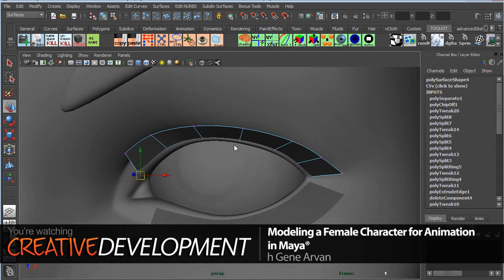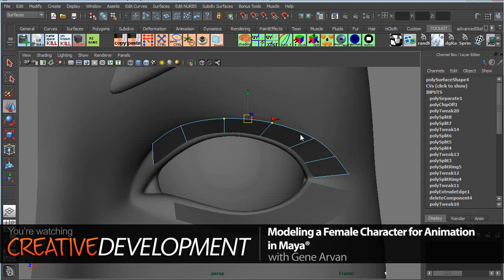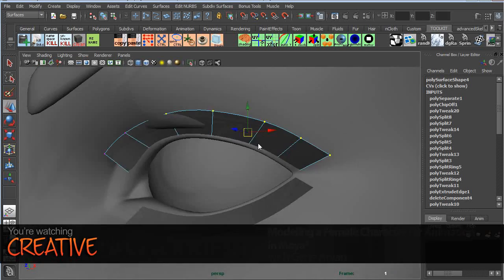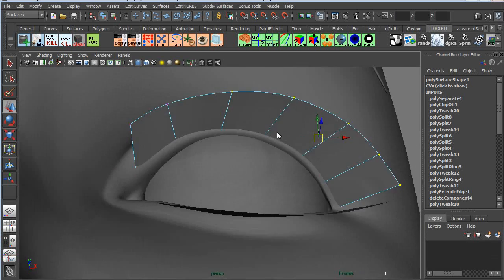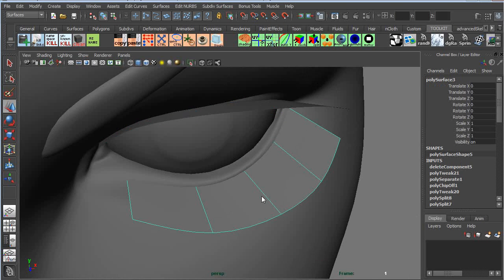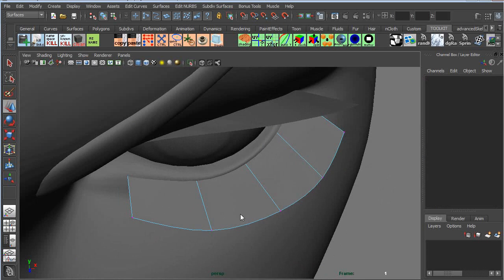And it's up to you where the eyelashes begin in the inside corner of the eye. So I'm going to pull that out pretty far, maybe even farther than it is right now,